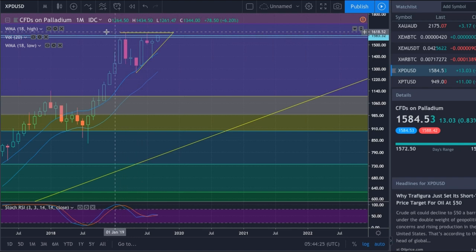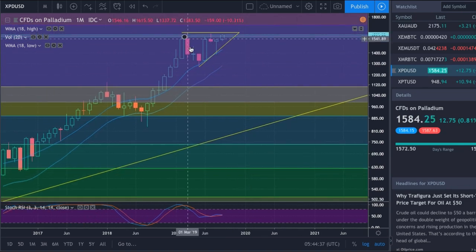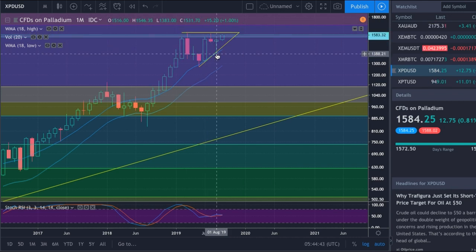I just look at this on the monthly time frame and look at that right there. That just tells me we're coming up soon to a decision point. We've had a top here, I'll show you right here. We had a top of 16.15. We have a failed double top, so we came back out and we failed. We went all the way back down to 1388 and we failed to have a double top where we break this level and head back down,